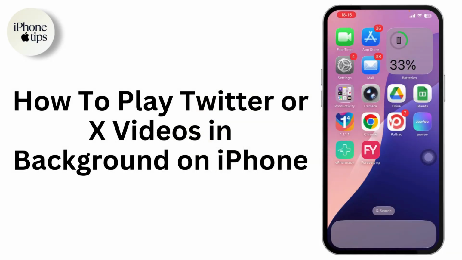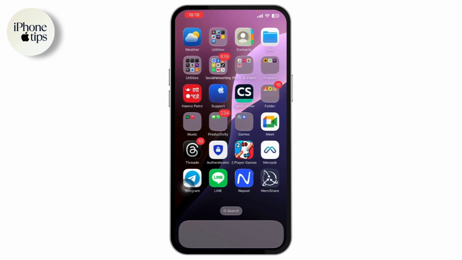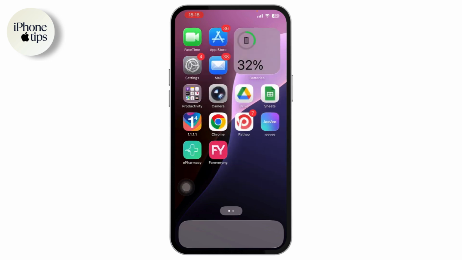How to play Twitter or X videos in background on iPhone. So if you want to play X or Twitter videos in your background on iPhone, then what you need to do is first you just need to simply open up your X or Twitter application. Let me tell you one thing that there is no option to play your Twitter videos on your background, but